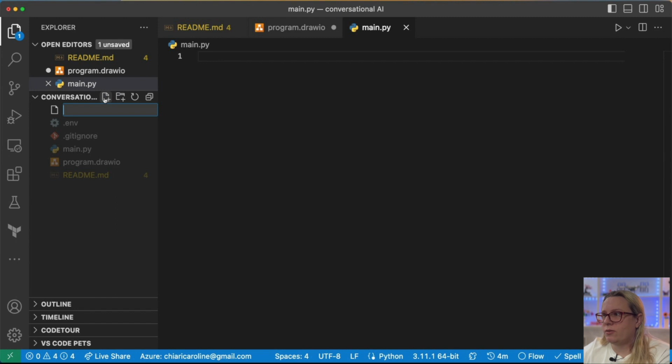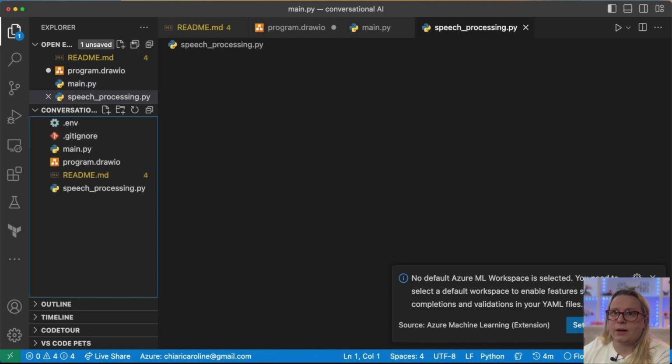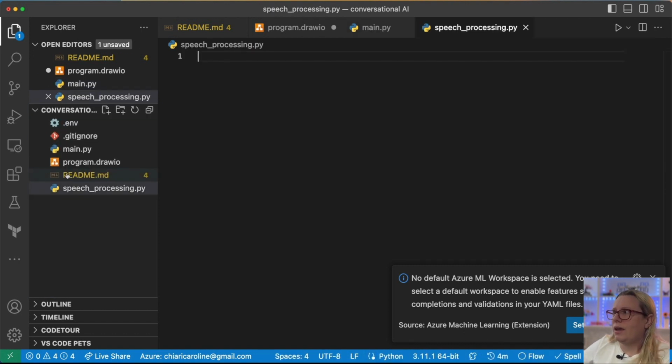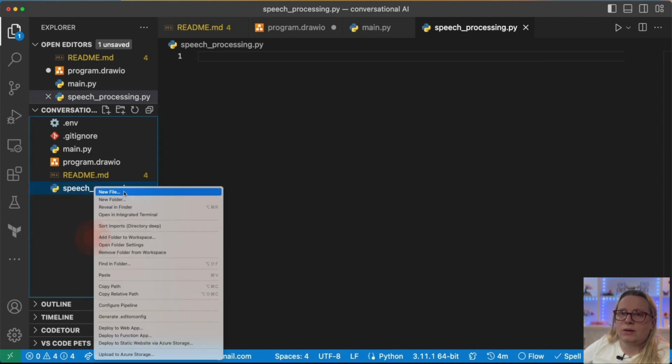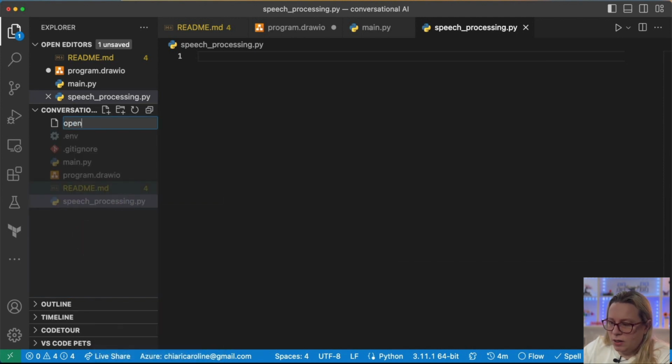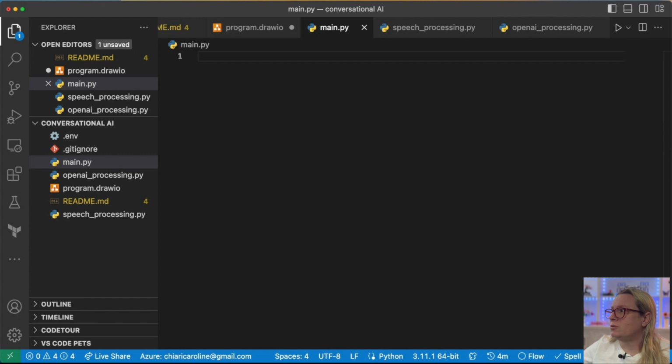Then we're going to have cognitive or speech processing, actually. I called it speech processing.py. And then OpenAI processing.py. The first thing we're going to want to do here is load our variables that are in the .env